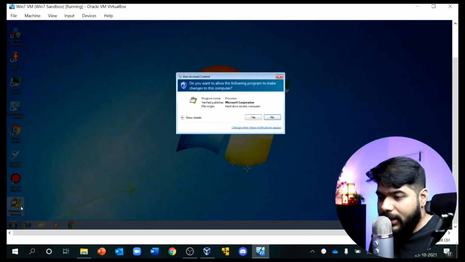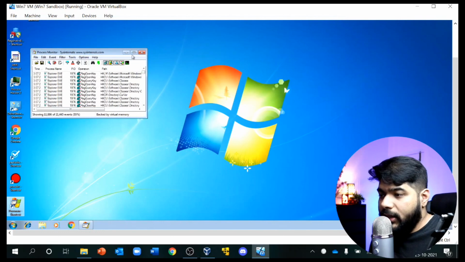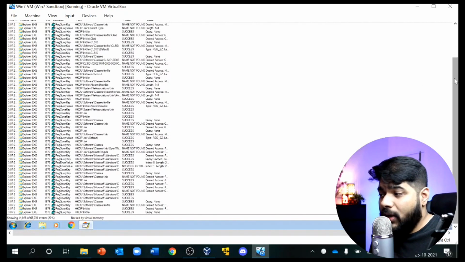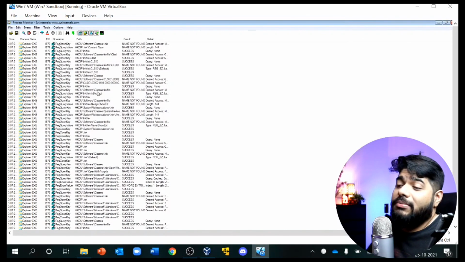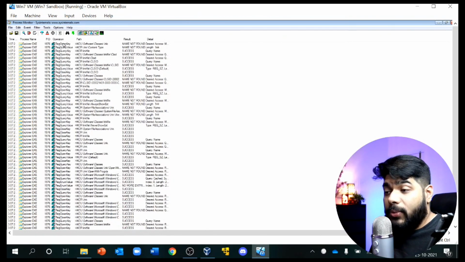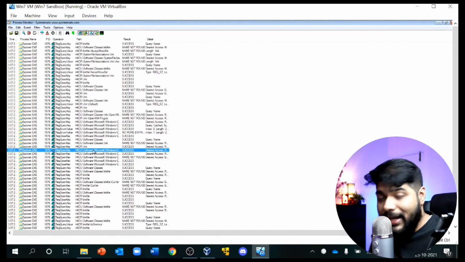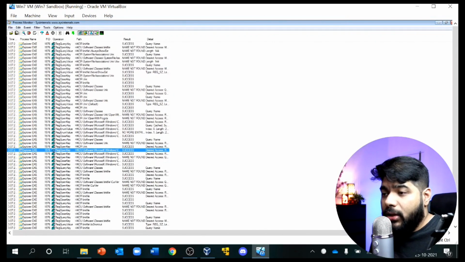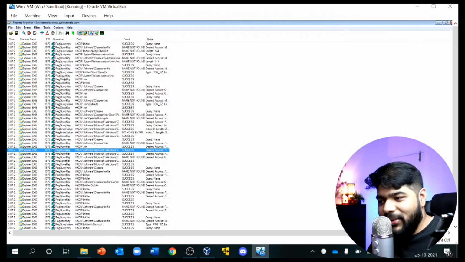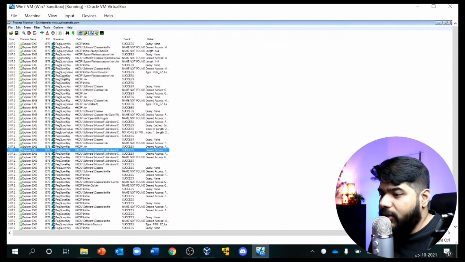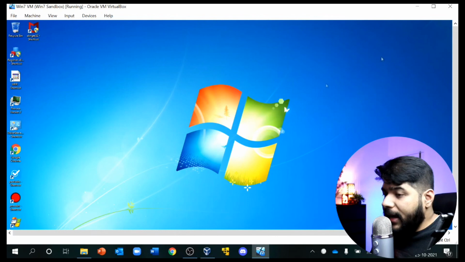And Procmon, everyone knows what Procmon is, right? Procmon is a process monitor. It's kind of similar to Process Hacker. It will show you what the registry keys are, what the things are. The beauty of the tool is that, according to the process executable, it will show you the registry keys linked to that particular process. You can do the correlation, you can dump the process, and it's kind of a recording tool. Whatever you have done on the machine, if you are detonating something on the machine, everything will be captured. Okay, so these are the basic handy tools.